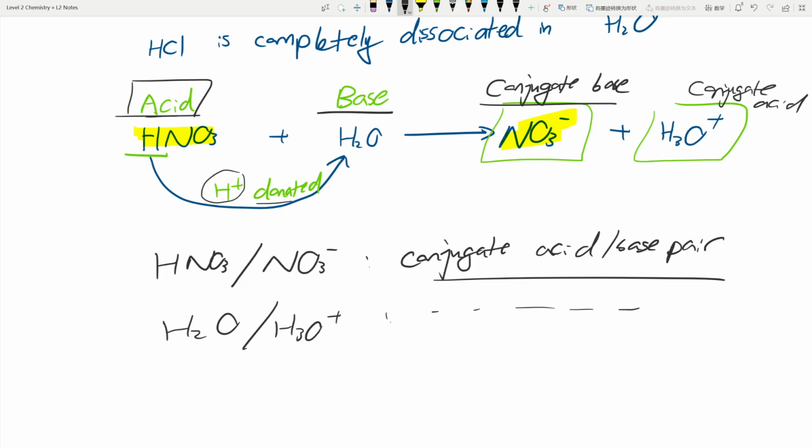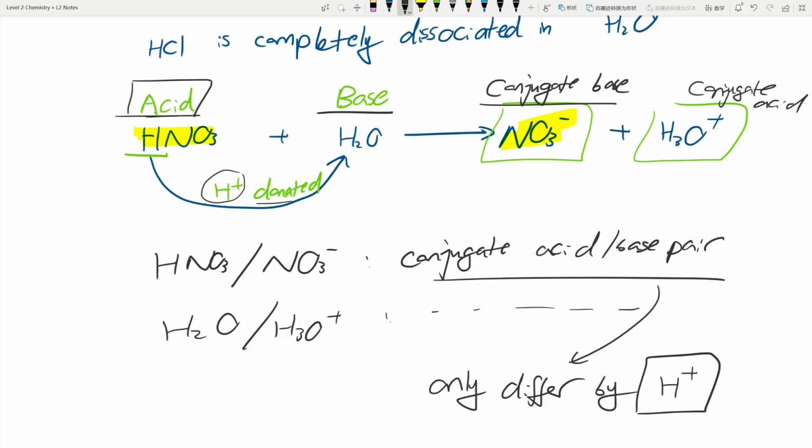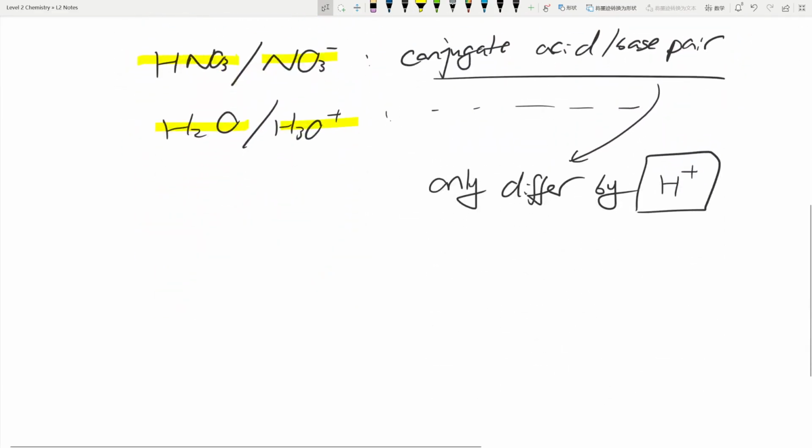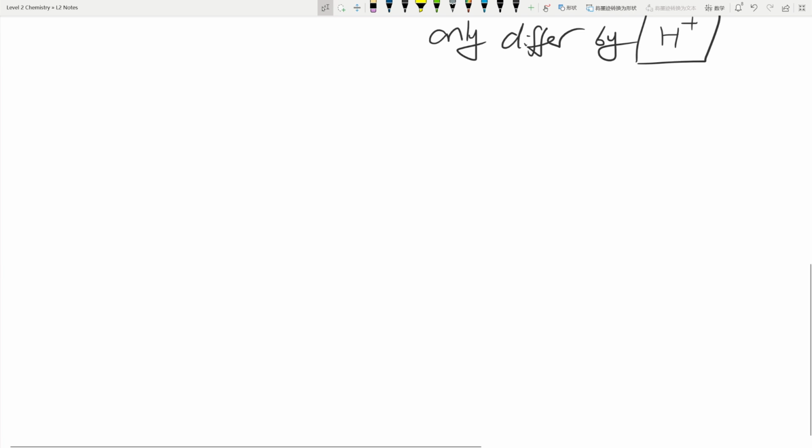Now the conjugate acid base pair, the two species only differ by 1 H plus. Okay, so if you look at these two, they differ by 1 H plus ion. If you look at these two, they differ by 1 H plus ion. The one with more H plus is going to be the acid. The one with less H is going to be the base. Okay, so this can be said the same way with